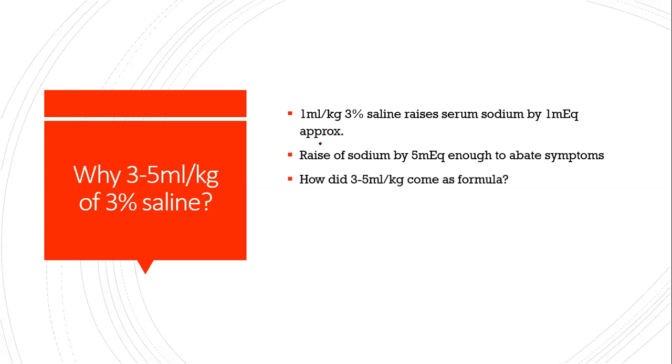See, this is the same as extra sodium deficit, isn't it? So you want to correct at least 5 milliequivalents of the deficit in this child. If you put that in formula, what happens? Sodium deficit into weight into ECF volume. You have a sodium deficit of 5. You want to correct just 5 milliequivalents, not the whole thing. Weight is 15. ECF volume for calculation I've taken as 0.6. So 27 milliequivalents of sodium will be required to correct this sodium deficit.